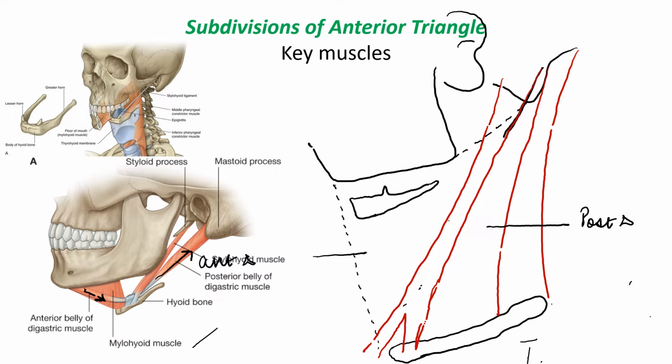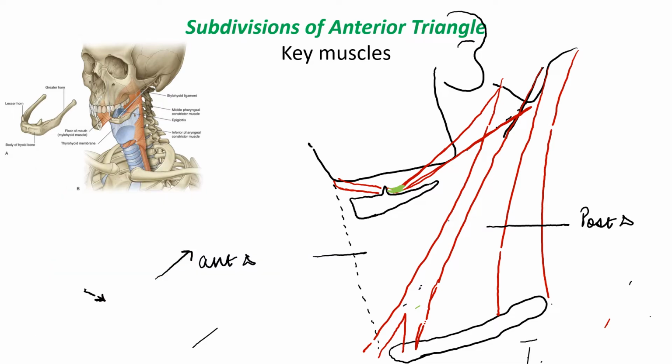So let's draw in the posterior belly of digastric. So this would be the posterior belly of digastric, which would be coming in this direction. And then it's going to change its direction out here and form the anterior belly. Right? So here we have this intermediate tendon. Now, the other important muscle which we need is